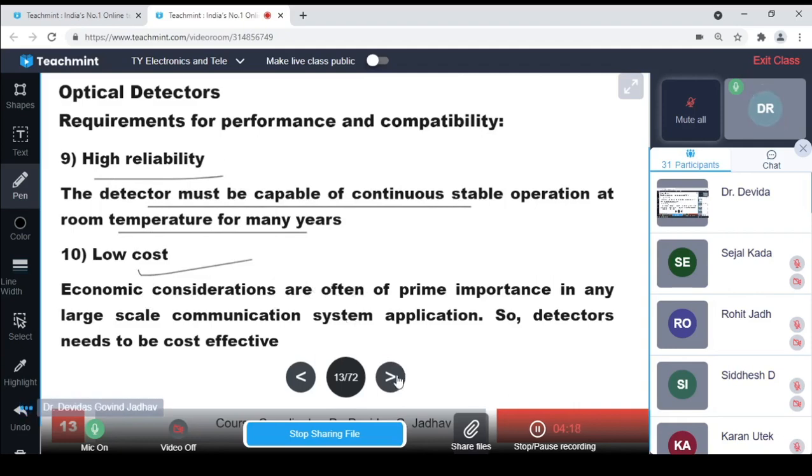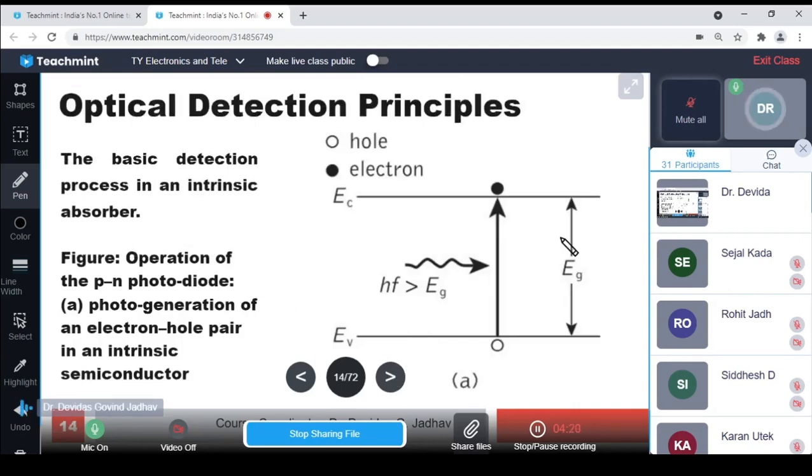This is the working principle of the detector. Whenever the atom is at the valence state energy, and a photon is incident on it with energy more than the band gap energy, then an electron from that atom goes to the conduction state, it gets released and creates one hole. So electron hole pair generation is there. This is photogeneration of the charge carriers.